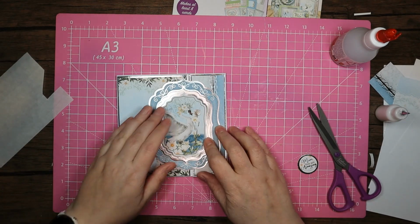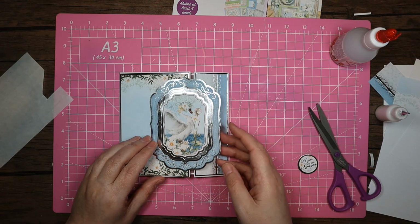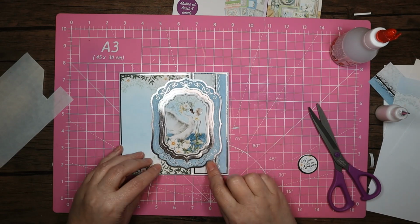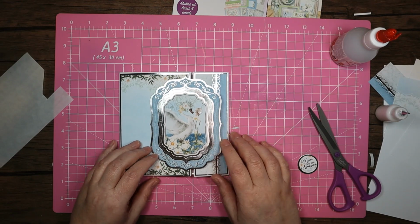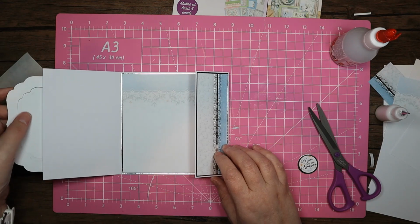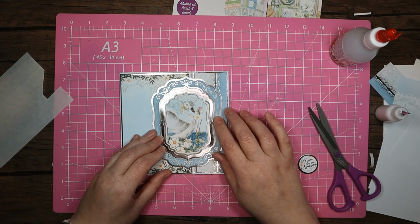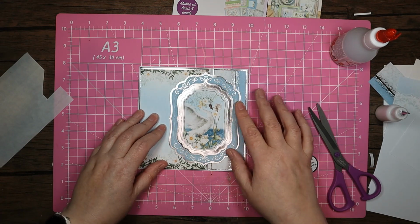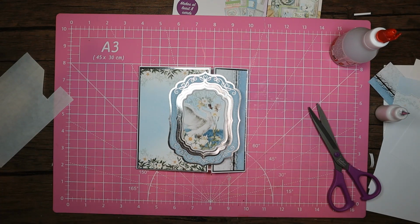So we've got to there. Obviously, that's going to hang over, so you're not going to get as much definition there, but that's fine. You could, if you wanted to, just put a foam pad on the back. Sometimes I have done that, but I just think it's going to be fine as it is, so that's not a problem. The other thing I could do, just a way around that, if I pop